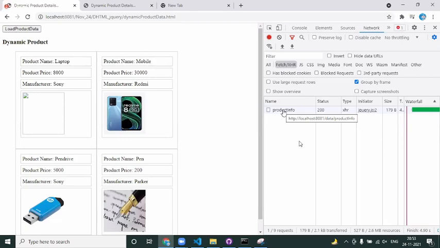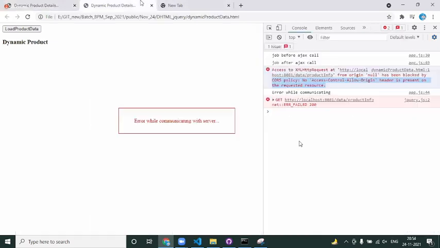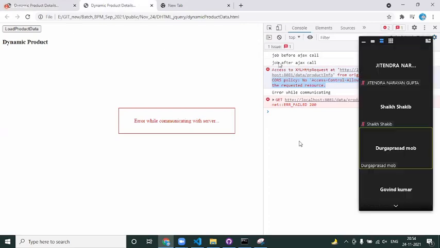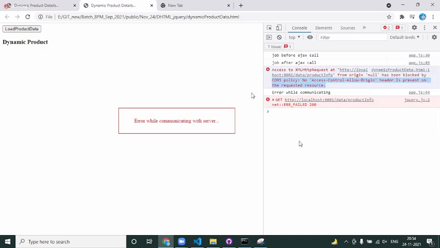Only if the domains are the same, then you can create a communication between the client and server through Ajax or whatever it is. But now, when you are hitting from the E drive, what is the domain now? Obviously, E will be your domain now. When E is the domain, and you are hitting a localhost, are the domains the same there? No. That is where you are going to get an issue, something called CORS policy, cross origin resource sharing.